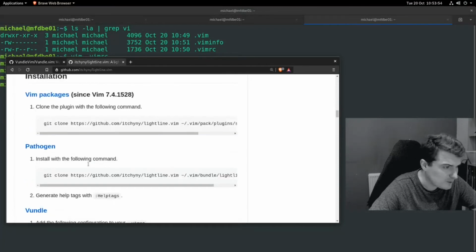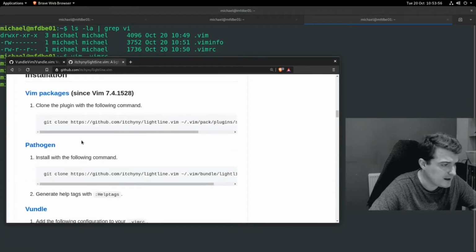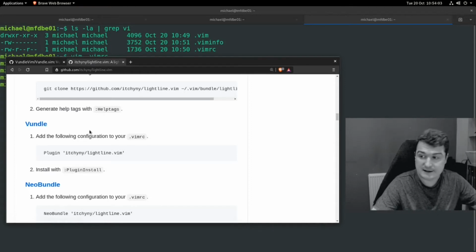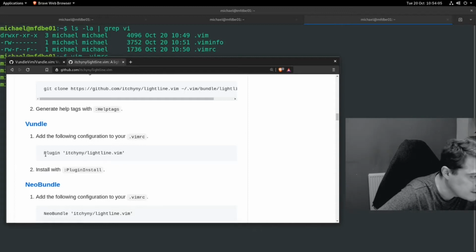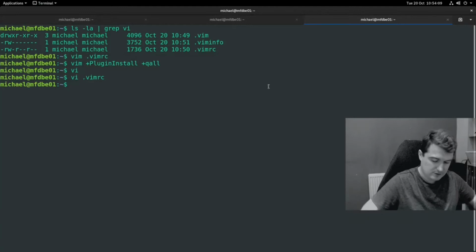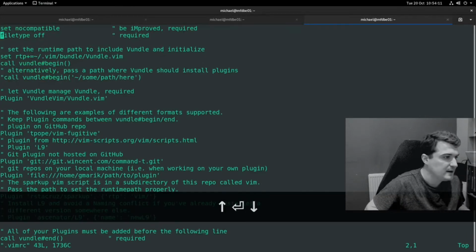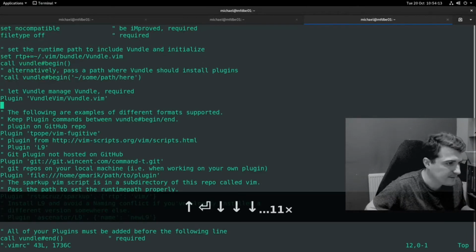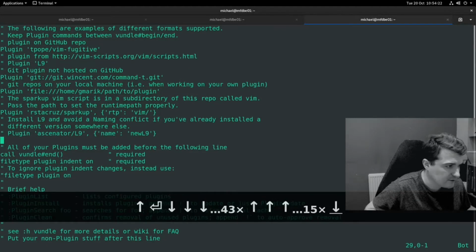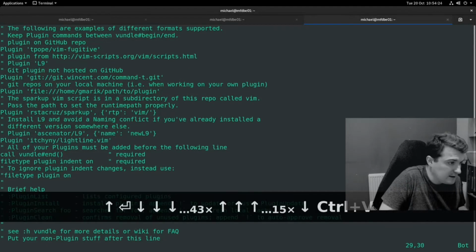Now what it says here is that we can add this using Vundle. Now that we have Vundle installed, we can add lightline. So let's copy this. Okay, and then let's go to our vimrc. In our vimrc it'll say all of your plugins must be added before the following line. See that, just that line there. So let's put this plugin in here,